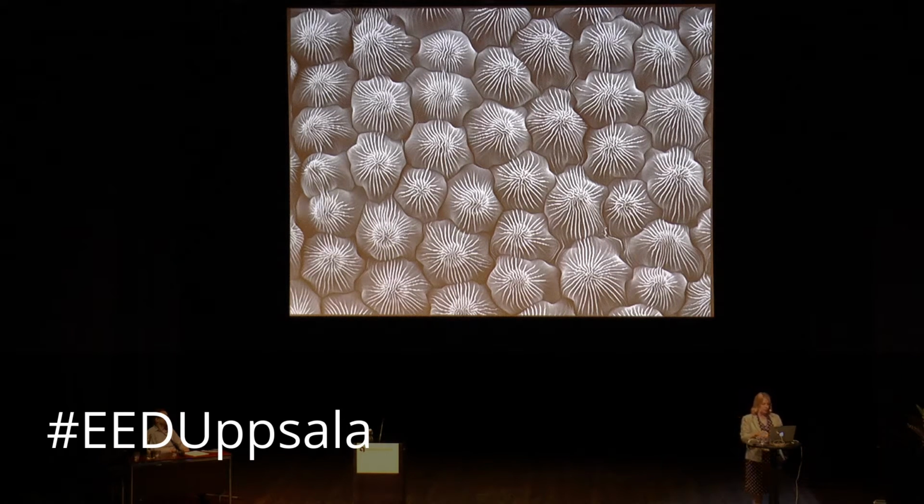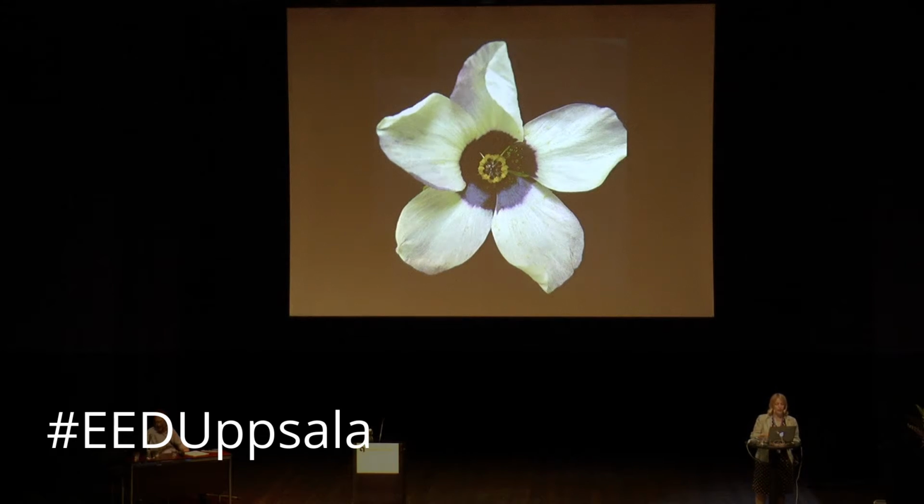So if you organize those ridges carefully enough, regularly enough, on a flat surface, they can produce color. And for those of you who were in a talk earlier this afternoon, you might have come across the idea of structural color, which is the idea of producing color by a transparent material that's organized in such a way that it interferes with light. These tend to be very ordered structures. So I'm showing you an example of that in this Hibiscus trionum flower here. We saw these yesterday in Linnaeus's garden, and they were doing just the same as they're doing here,